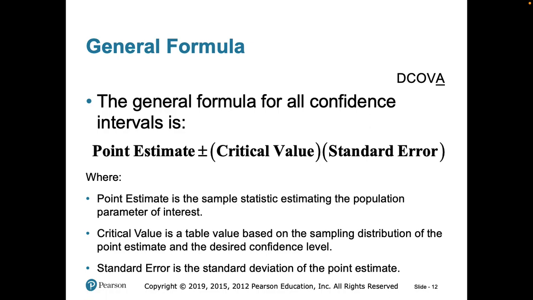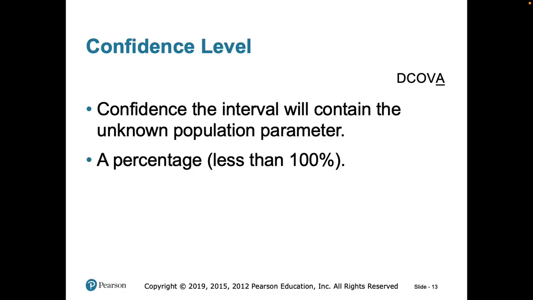So you figure out you want to be 99% confident, or you want to be 95% confident, or you want to be 80% confident. Remember, the higher confidence level you want, the wider the gap is going to be, right? Going back to the example, I can tell you I'm 95% confident that the score for the final exam is going to be between 70 and 90. But if I want to be 99% confident, I'm going to have to make that wider. So I'm going to have to go from 60 to 98. So you might have to extend that. And again, a standard error basically is the standard deviation of the point estimate.